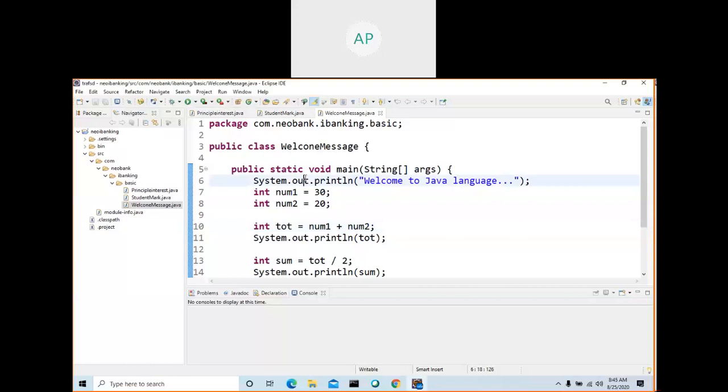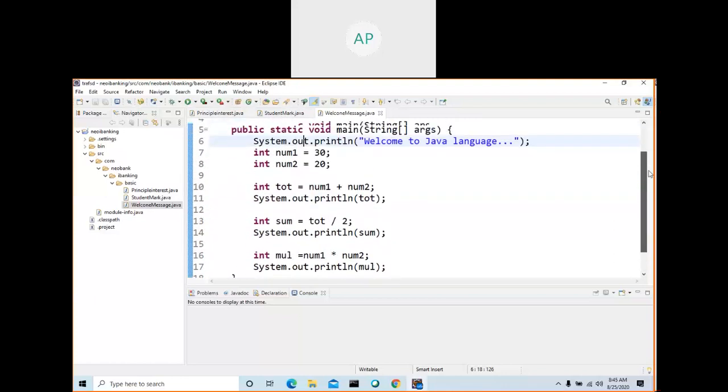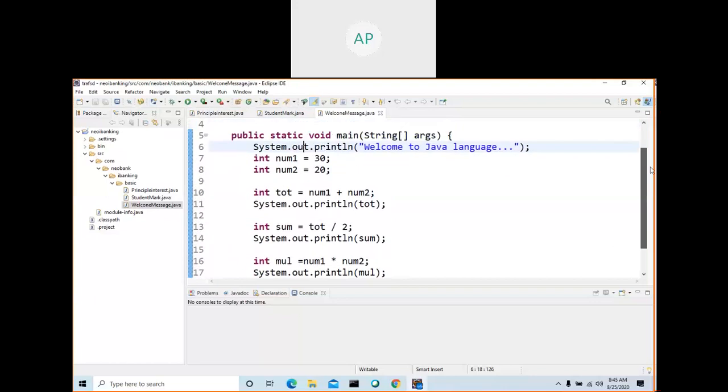In session 1, we saw what a variable, a method, and a class are. We got some information about creating a class, creating a method, and declaring a variable. This is the class we created during part 2, session 1. If you see here, there are a number of functionalities that we have implemented.